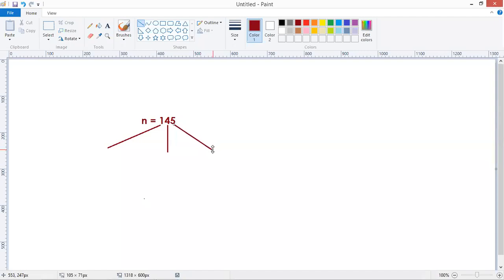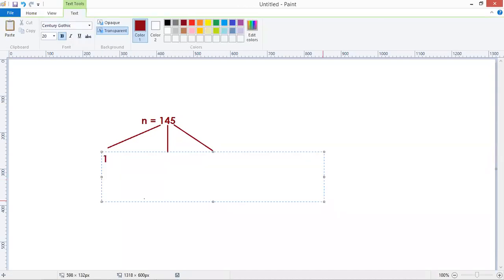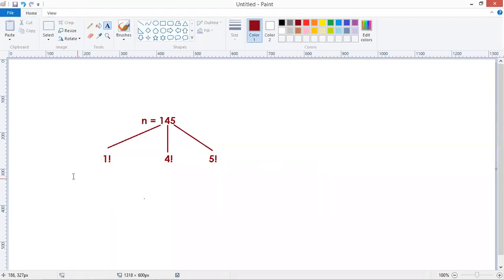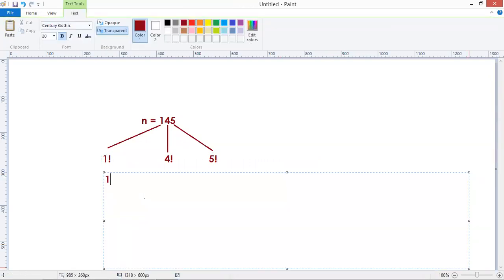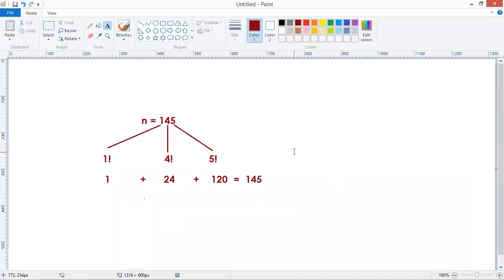Here it is 1 factorial, 4 factorial, 5 factorial, individual digits. So 1 plus 4 factorial is 24 plus 5 factorial is 120 equals 145. You know how to get the individual digit.